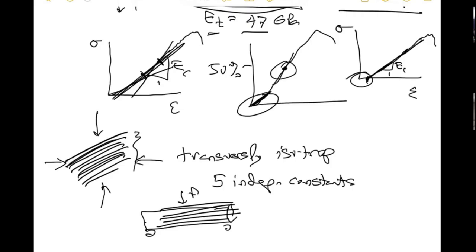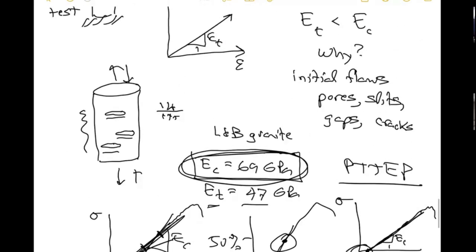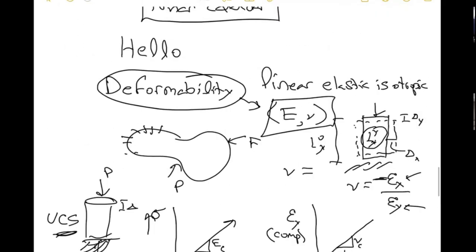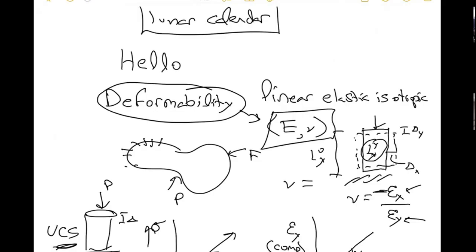And so if this was your material, you would actually need to do tests at different orientations to the bedding plane. And if you do a proper set of tests at different orientations, you can back calculate based on the different slopes these 5 independent constants. Okay, so we're not going to worry about any of that stuff. Many rocks do not have this directional bias. So in the simple case, again, we're just going to need 2 things, E and nu.